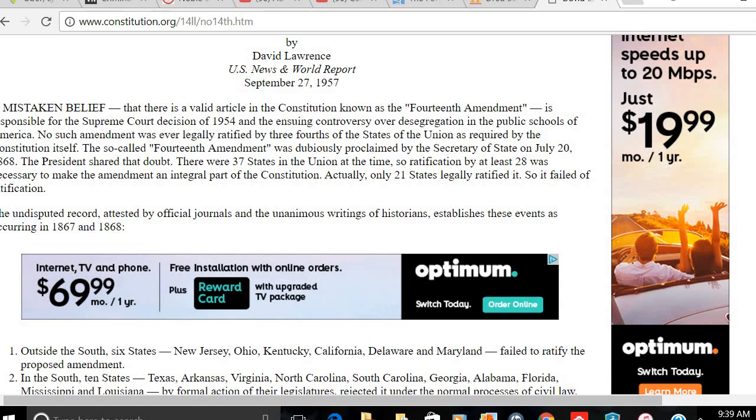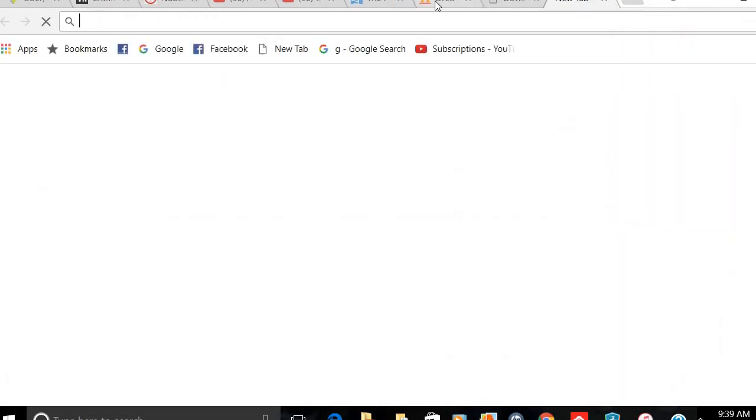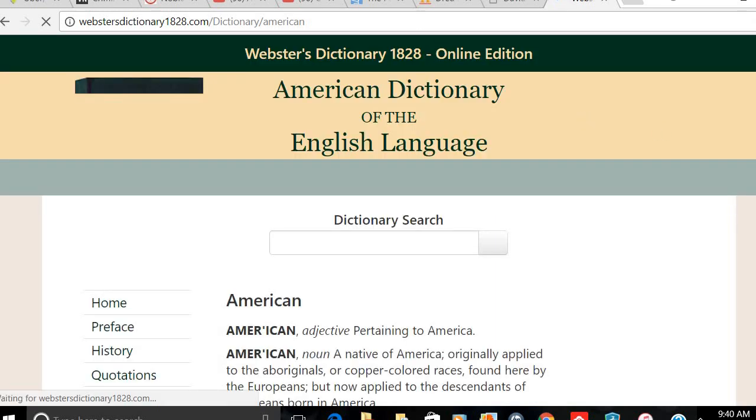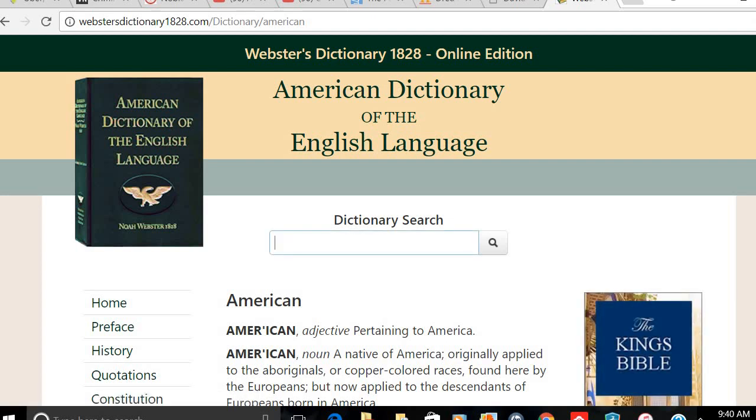Hold up, let's do this real quick. Just for the newcomers coming here, let's take a look at it. Let's see what this means. I know a lot of people are going to come on here who have never seen what the word American means, because people think the word American just refers to people who got here, who are in this country, or who were born in this country. But no, that's not what it means.